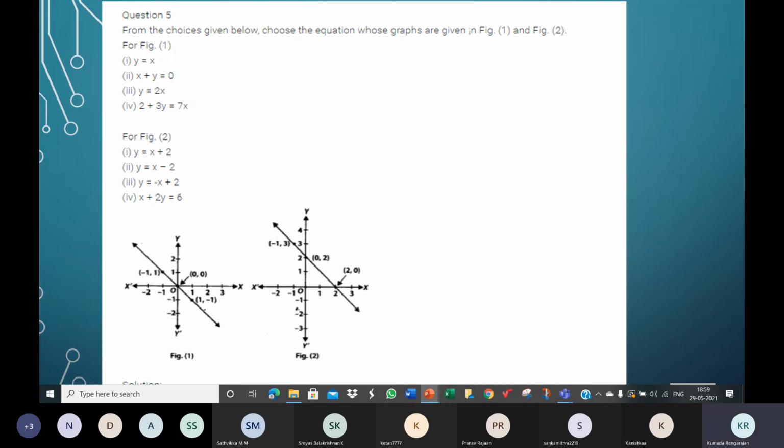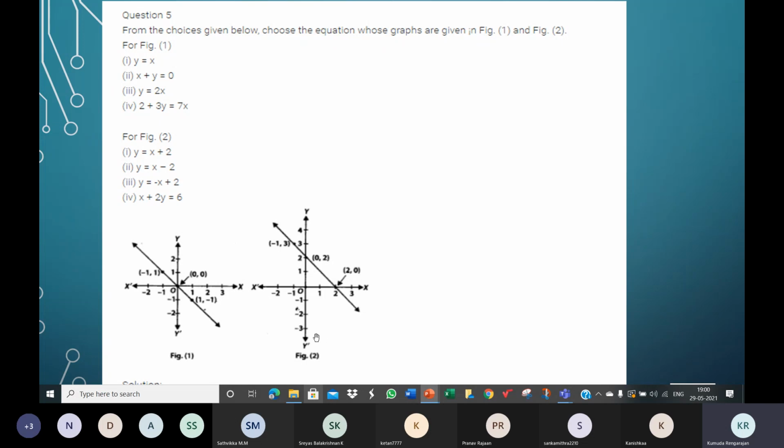All right. Okay, so let's see the first one. Now you can see the options given to you for the first. See, what is the question? We have two graphs. We have figure 1 where we can see a straight line passing through the origin, and in figure 2 you can again see a straight line intersecting the x and y axis at the points (2, 0) and (0, 2) respectively. Now what are we to do?